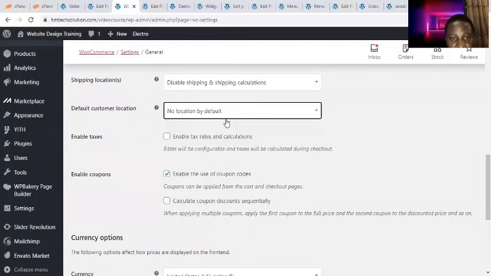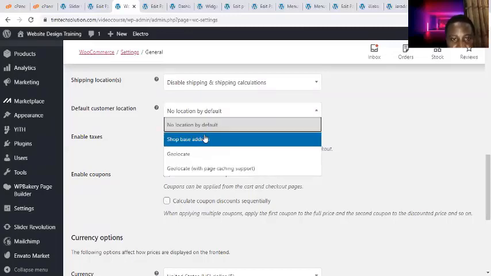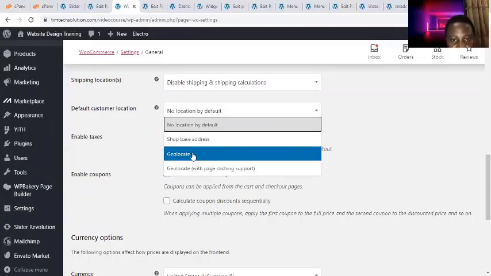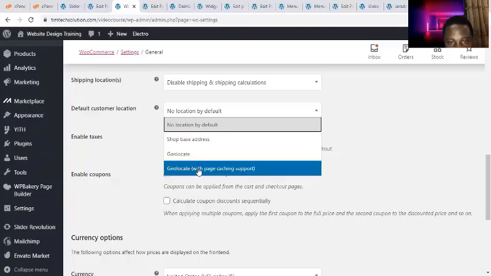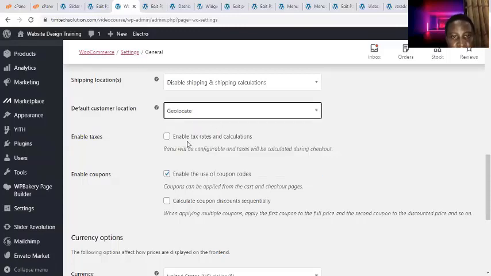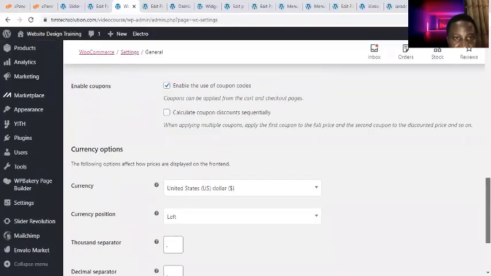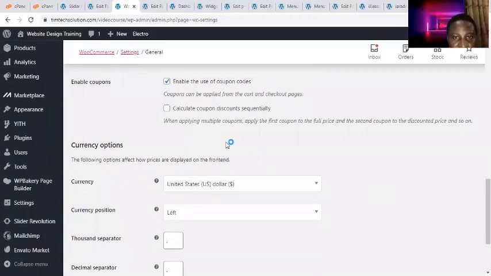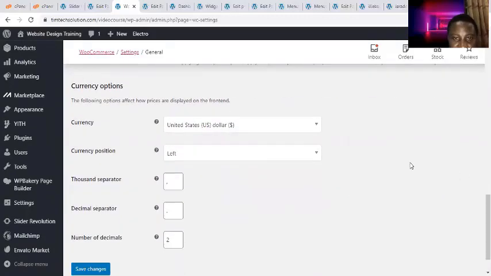All right, so look at this. Shop based on geolocate, geolocate with page caching. Enable tax rates and calculations. Now, if you want to add tax rates in Nigeria, you can add that on every product you add your tax. All right, now currency,